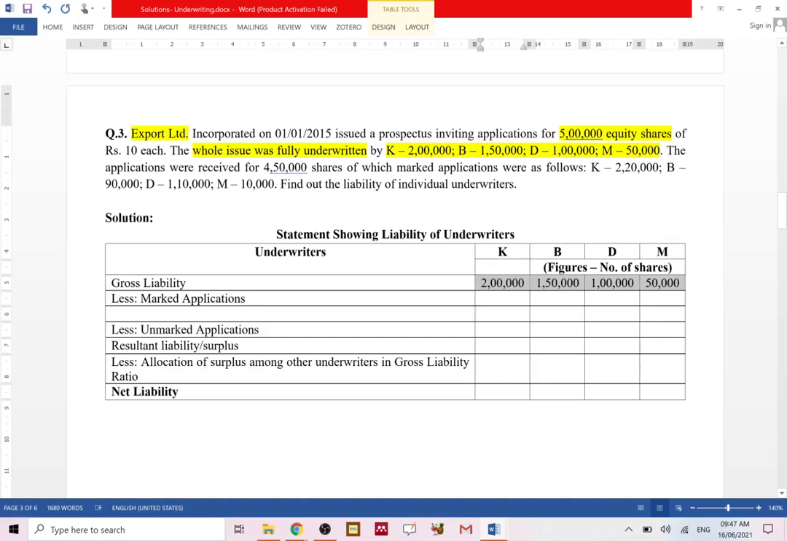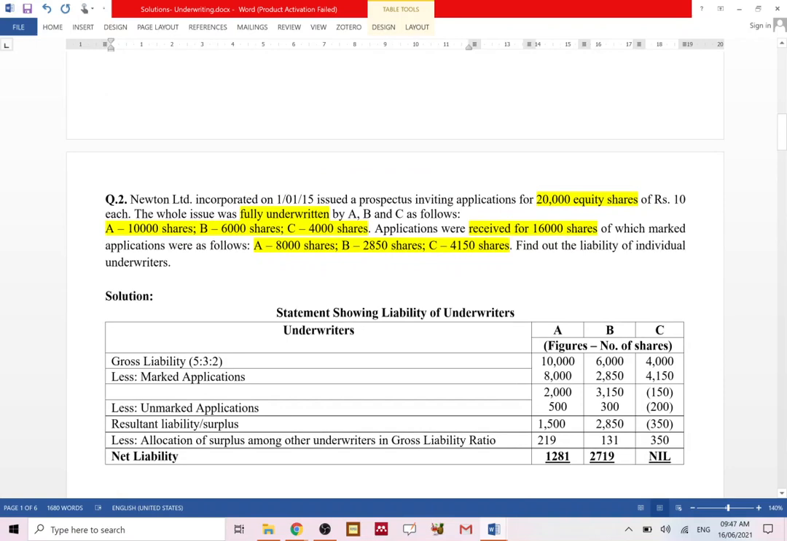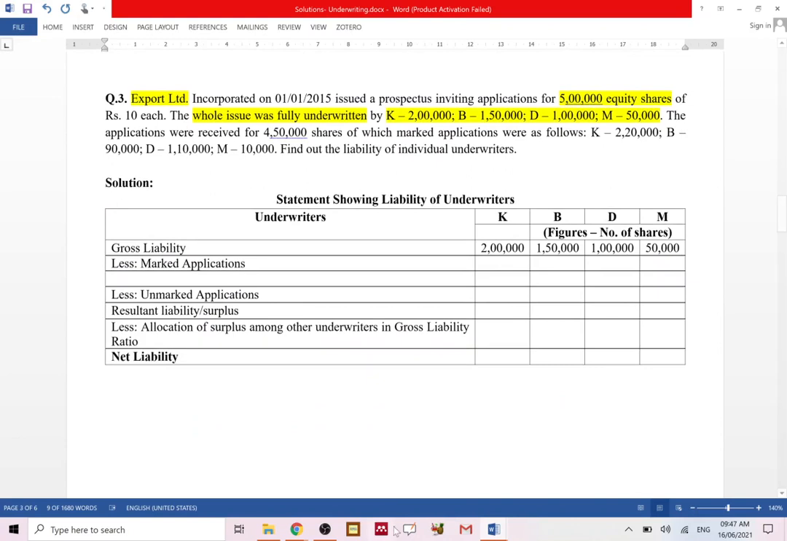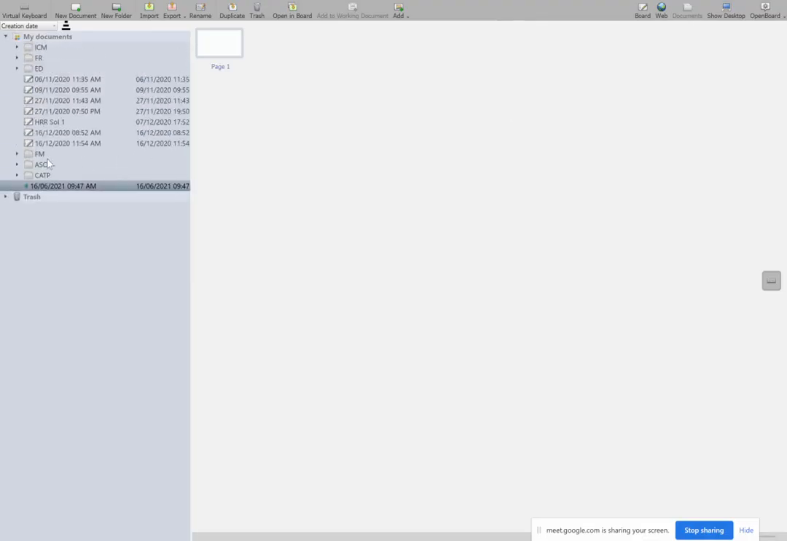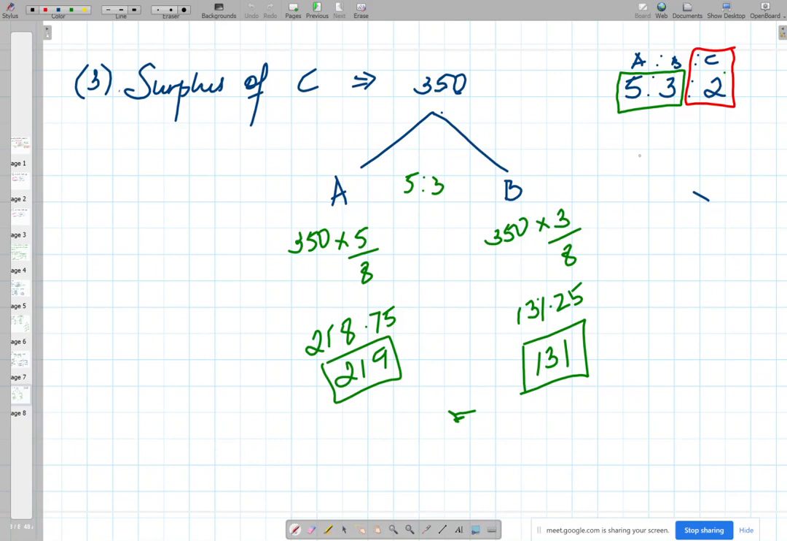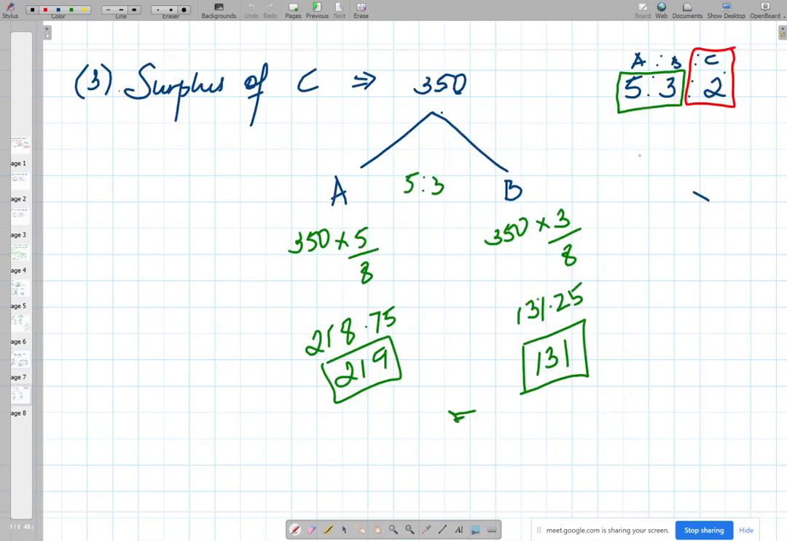Alright. Now, like in the previous problem, I told you they are always given differently. Sometimes you are given percentages, sometimes you are given the number of shares. So even in this case, instead of percentages or a ratio, the total number of shares taken by each of those underwriters is given to you. Correct? So we are going to calculate the ratios just like we did in the last problem. We took 10, 6, 4 and we calculated the ratio of 5 is to 3 is to 2. Same way in this solution,